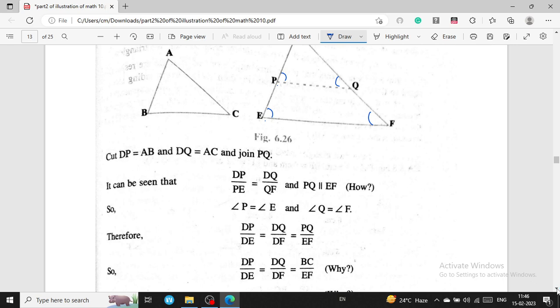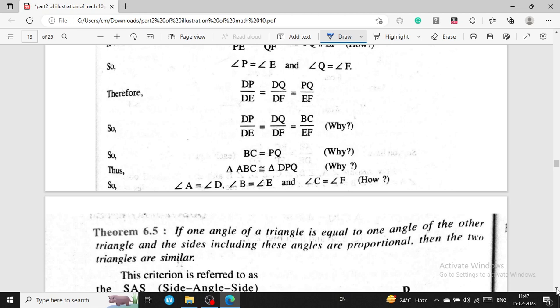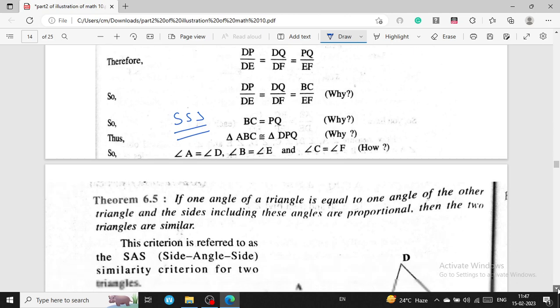So we can say that DP over DE is equal to DQ over DF is equal to PQ over EF, and all these sides are in proportion, so that's why we can say that BC is equal to PQ. And according to the SSS rule, triangle ABC is congruent to triangle DPQ. Angle A is equal to angle D, angle B is equal to angle E, angle C is equal to angle F. We will write this. In the next theorem